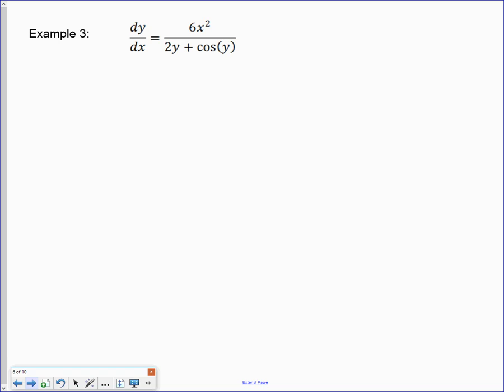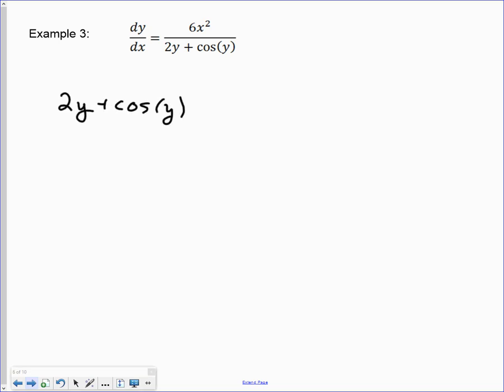I'm not entirely sure why I've included this example. It is a differential equation because the equation involves y in two different places. It involves x and it involves the derivative. It's a separable differential equation because we can see all of the y stuff is on the denominator, all the x stuff is already up in the numerator. So we could easily separate this into